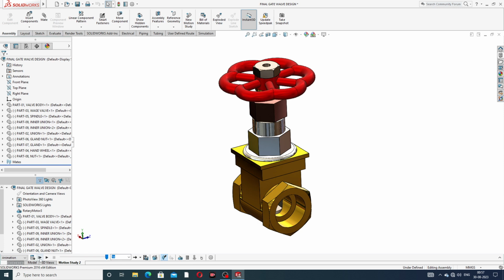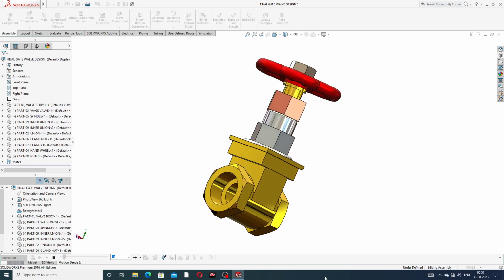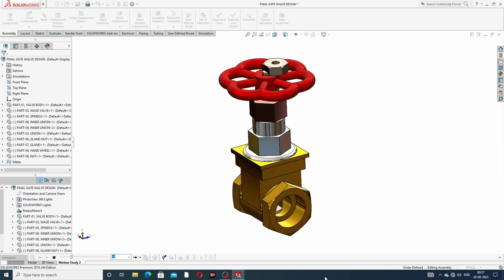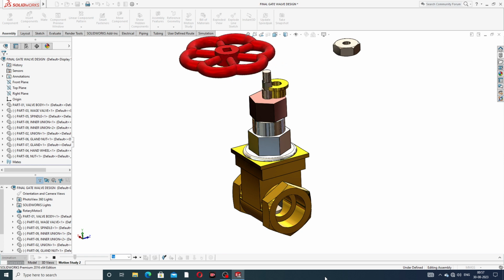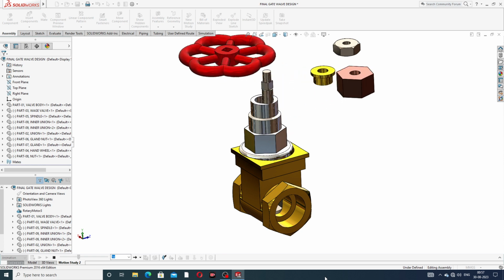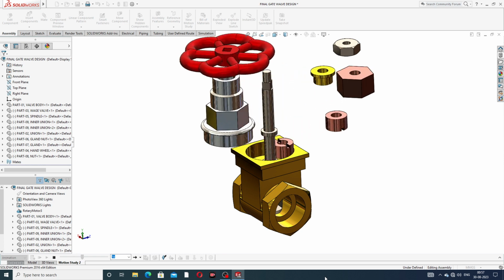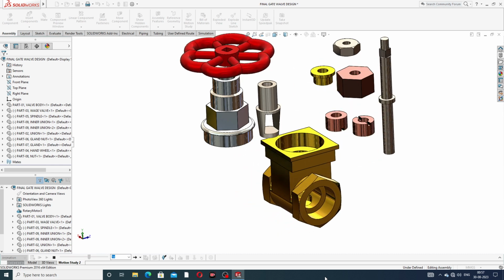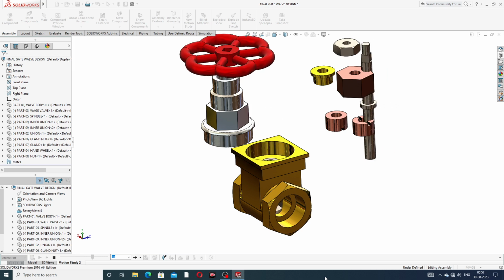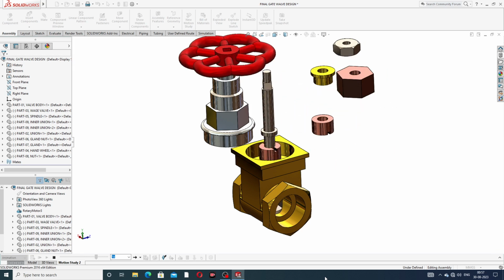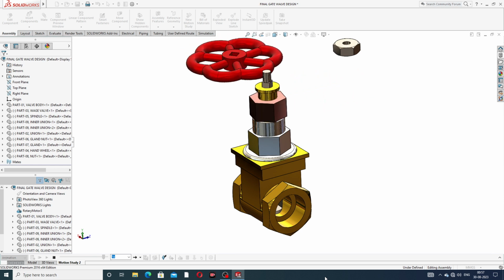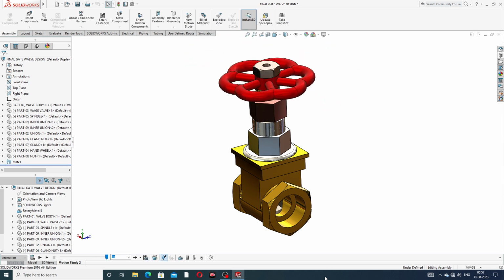Okay, this animation starts by playing from the start. At first, the whole assembled body rotates, and the handle also rotates, and a spindle also rotates here. You can see it easily and clearly, and all parts separate one by one, and automatically all of them collapse here. The time is set easily and clearly. Okay, all points are perfect.